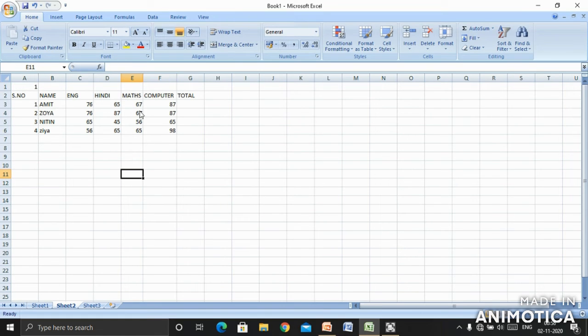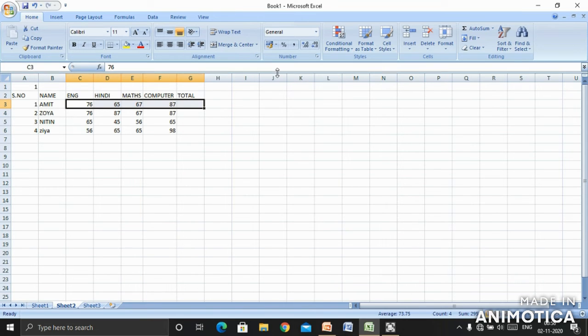Now suppose you want to calculate them. Calculate the marks of English, Hindi, Maths, Computer, and you want to find out the total over here. So select the cell from here and bring it to the last cell. Let us first use the AutoSum function.